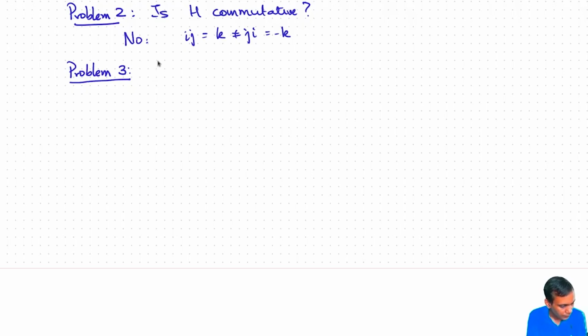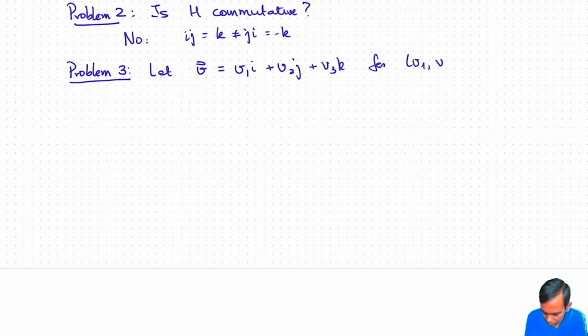So here's the thing. Let's write V to be V1I plus V2J plus V3K for V1, V2, V3